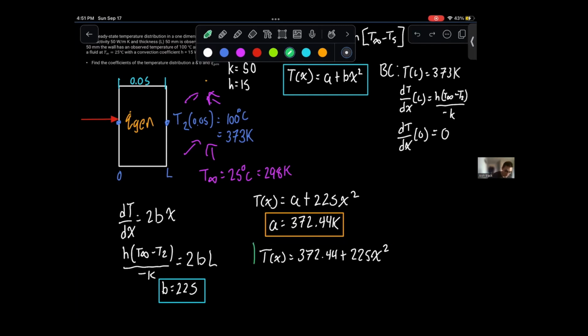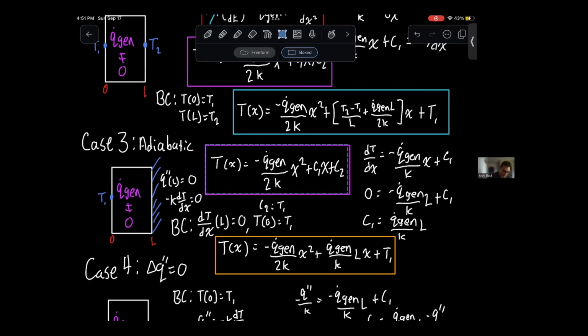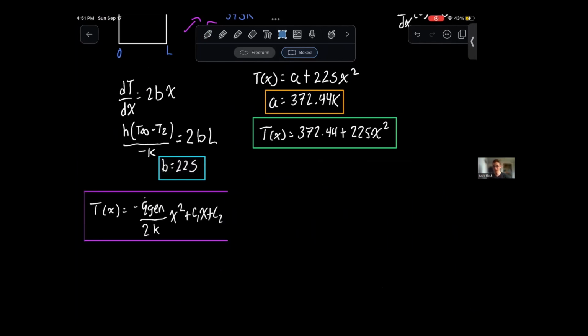Okay. This question then asks us to find Q gen. There are two different ways to find Q gen. There's a way that requires you to go out of your way and do something else. We can do that, which I'll show you, but first, rather than doing an energy balance equation, we're given the form of our answer, a plus b x squared. We know b is the coefficient in front of x squared. The coefficient in front of x squared is always going to be equal to, when Q gen is present, negative Q gen over 2k. We know what b is, we know what 2k is, we rearrange, and we get